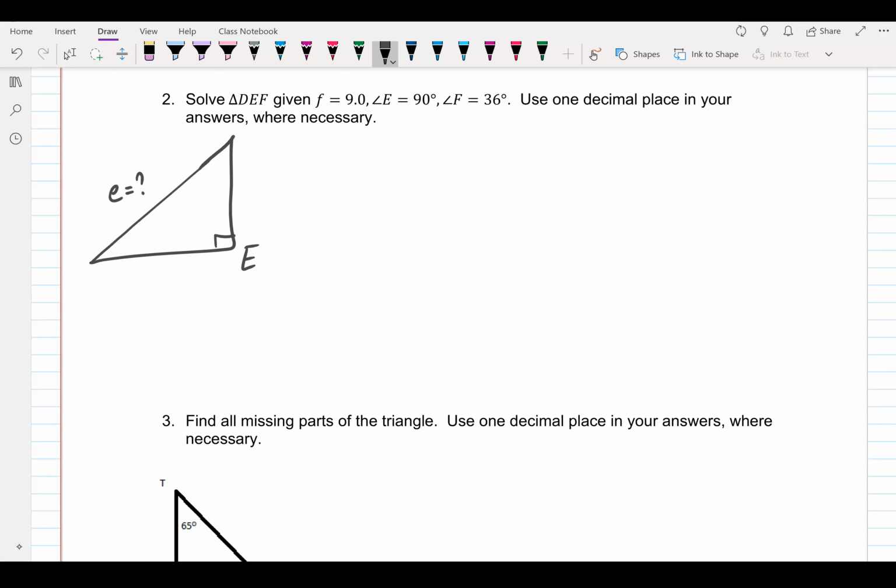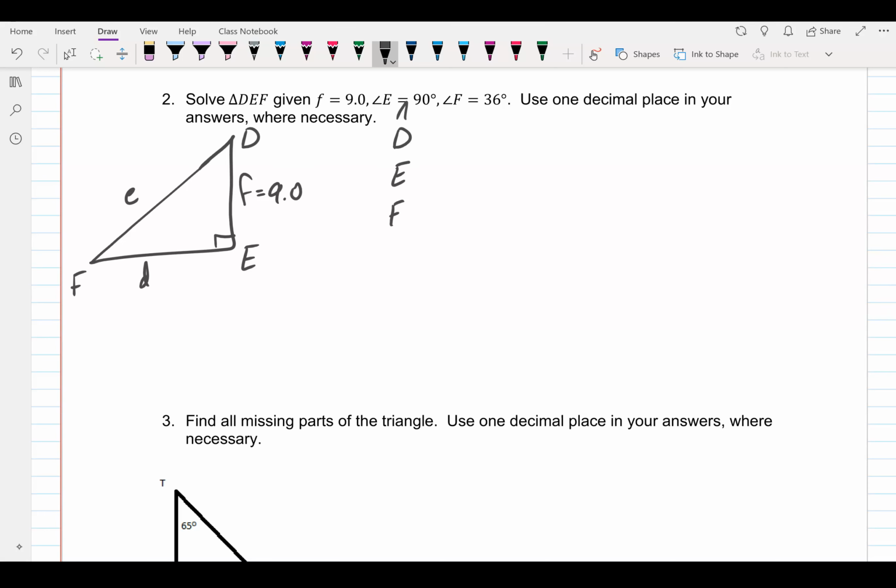And then I can draw my triangle any way I like. Let's just put here F and here D. It really doesn't matter. It's totally up to you. I don't have small d here, so I'll just leave that blank. In fact, I'm not going to put the question marks on the diagram because it's just going to muddy it up. But little f we do have. It's 9. So once again, let's write down